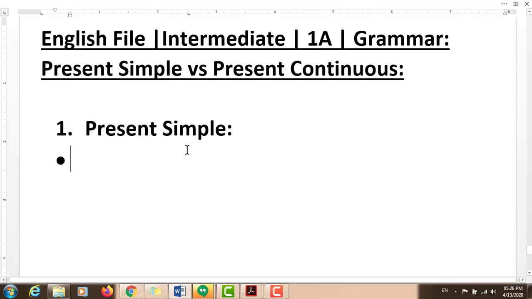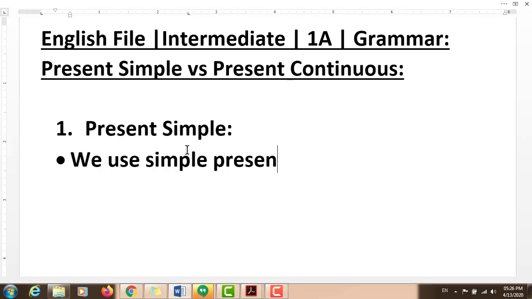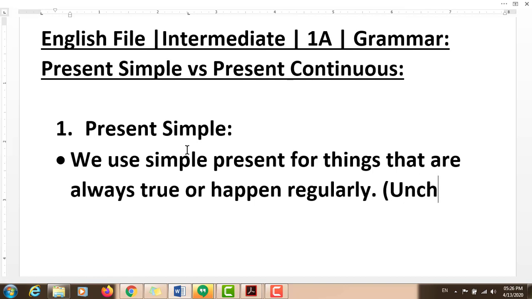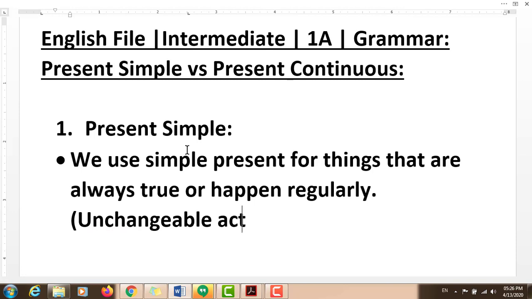Okay, so the first usage, the basic usage: we use simple present or present simple, they both are the same, for things that are always true. What is something that is always true or happens regularly? Okay, so here I will put in brackets: unchangeable actions. Unchangeable actions. Actions that cannot change. For example, first example,